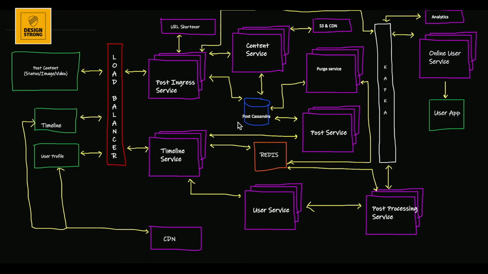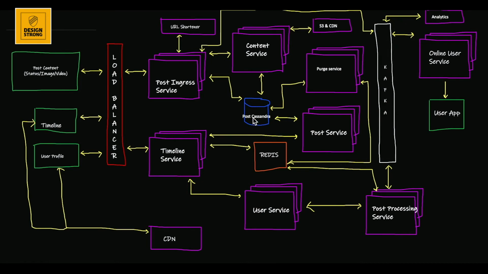So we need to ensure that we are using a good partition mechanism. Let's say something like base 9 or base 10 of user profile ID works really well. Or what we can do is we can have a custom partition as well which stores users in such a way that not all the users of a specific type lie in the same partition, because let's say if all the famous users lie in the same partition, then that partition will have more load than others, so we need to